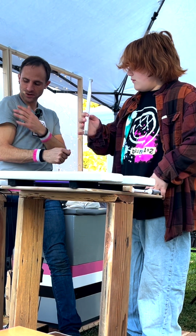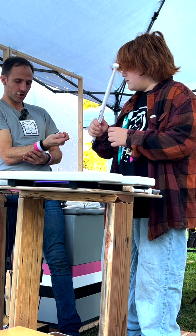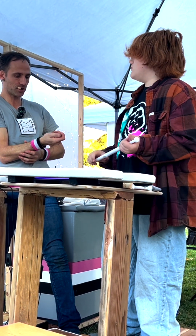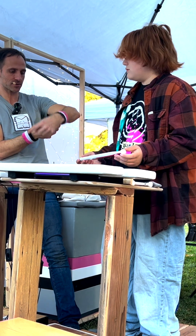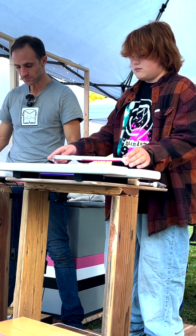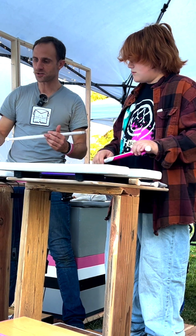Because we can turn here at the shoulder, but we can also turn here in these two bones in our arm, the ulna and the radius. The radius, you know, the round radius. And so we can achieve